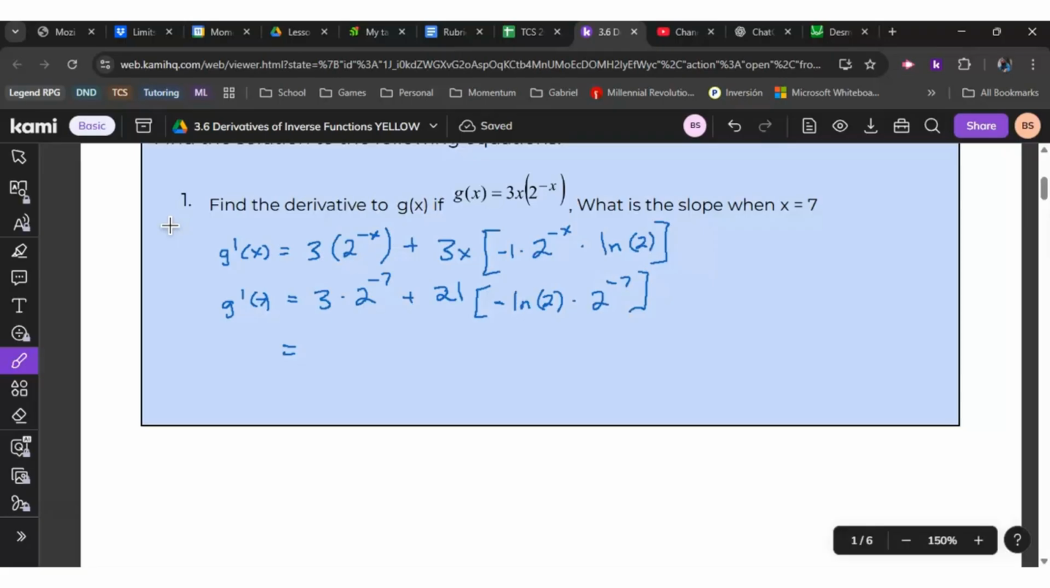All right. Let's see. We've got a common factor of 2 to the negative 7, actually. So why don't we just pull that out? 2 to the negative 7 times (3 minus 21 ln of 2). Yeah, that's right, ln of 2. And then really, that's like 3 minus 21 times the natural logarithm of 2 all over 2 to the power of 7, which is really,